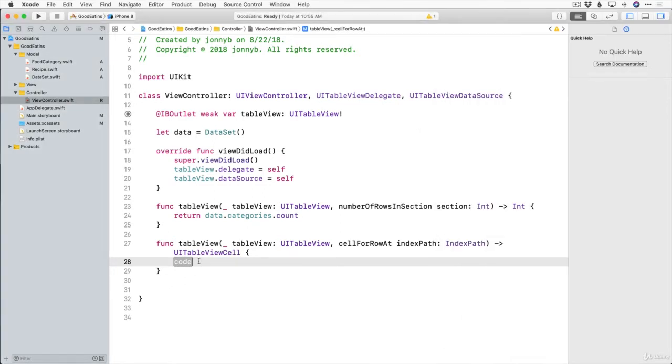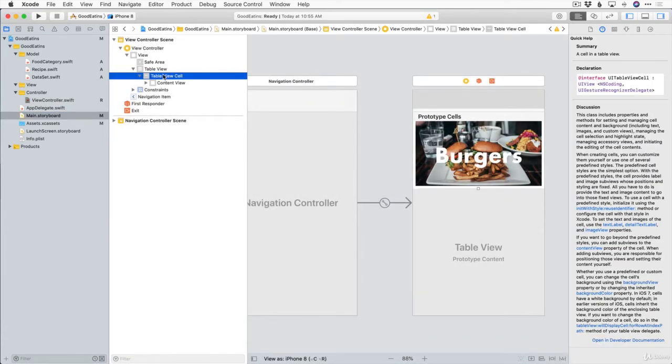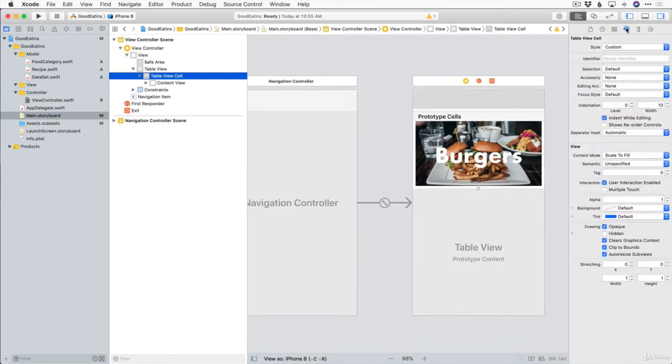Now, before we get into this method right here, we need to do a little bit of work first, okay? So in the storyboard, if you recall, clicking on our table view cell, I said that we were going to come back to this reuse identifier, right? So here under identifier, we're going to say food category, and let's just call it category cell,